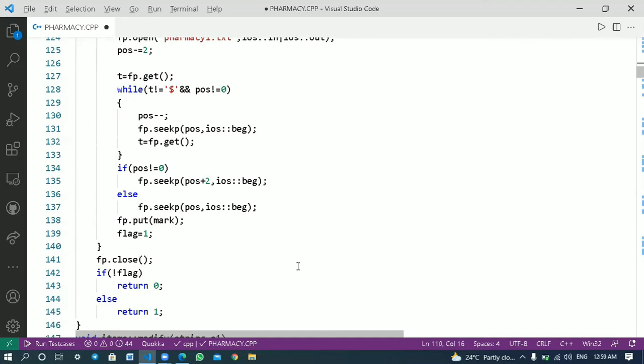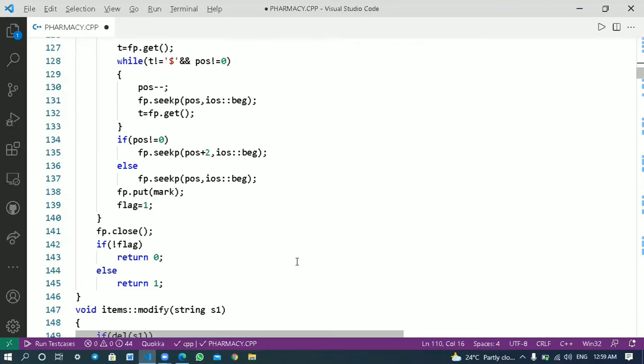Then we close the file using fp.close. If it is not, flag returns 0, or else returns 1.